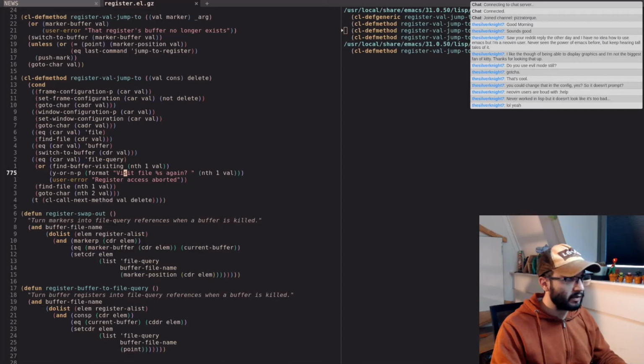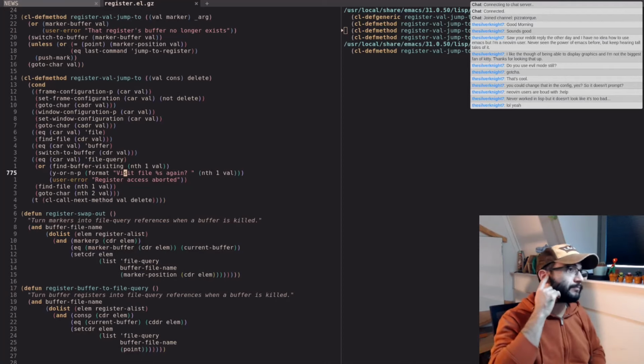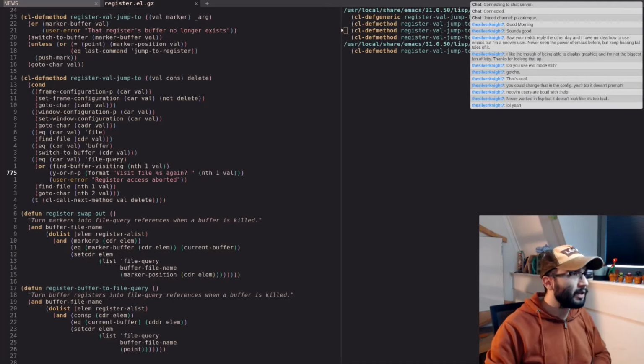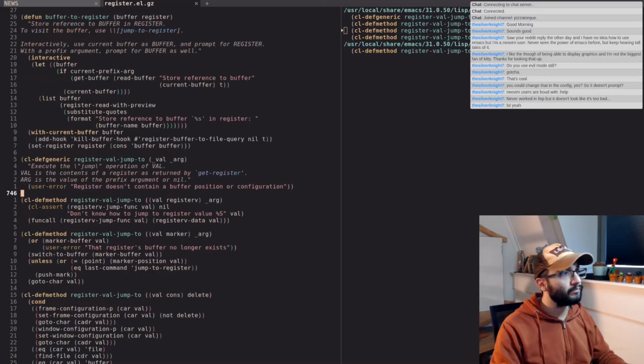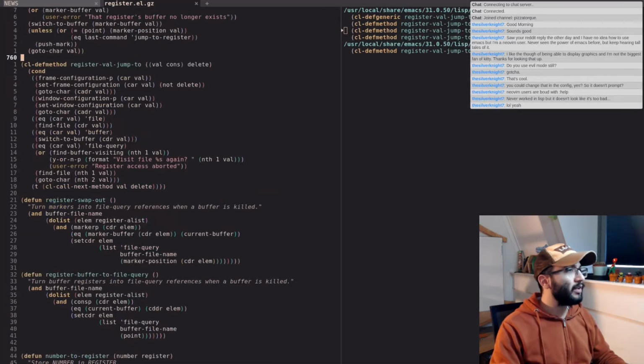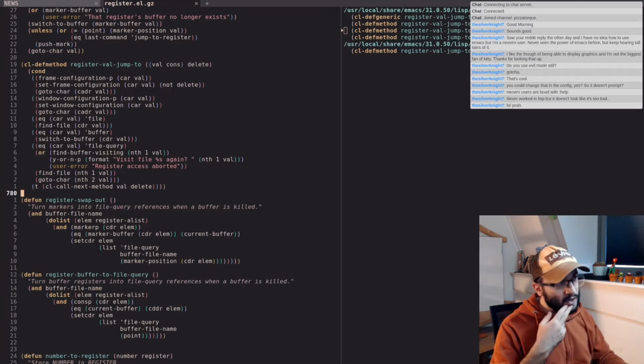How do we fix this? How do we change this? The easiest thing would be to redefine this, maybe. This is a method. So I think if you redefine it and change the signature, it should be fine. But I think the issue is that